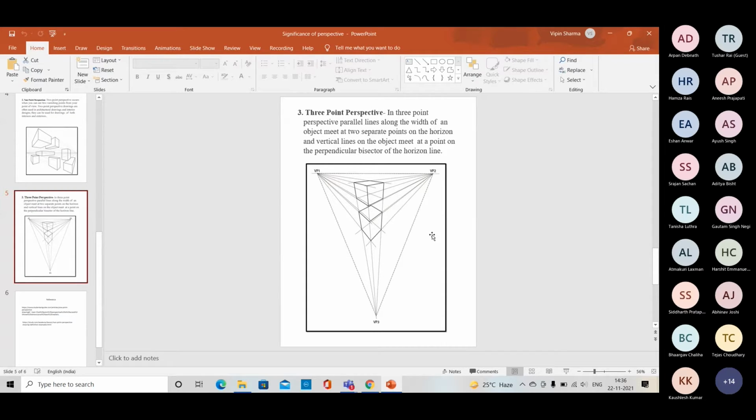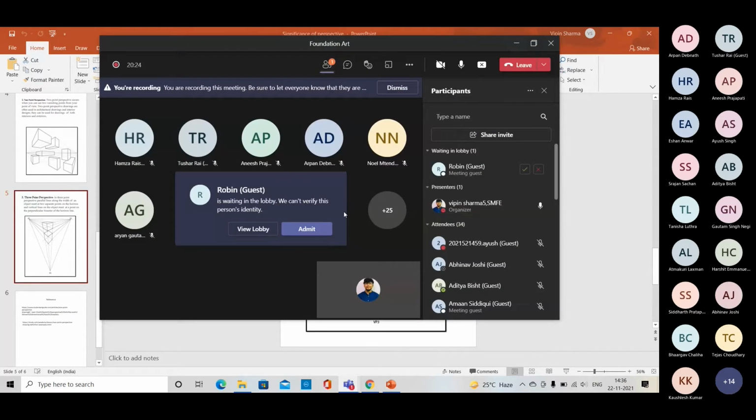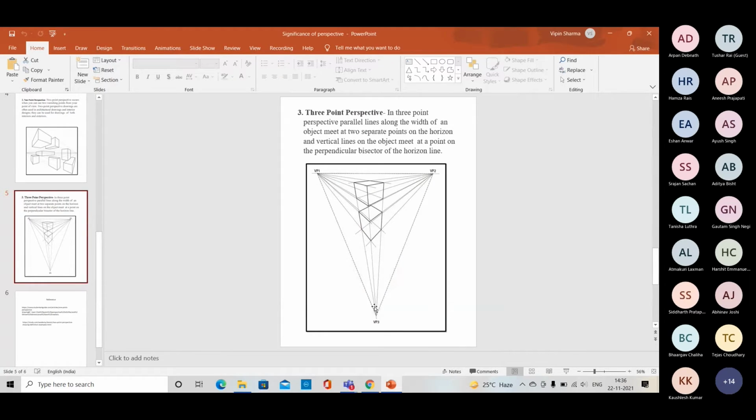It would be similar to 2-point perspective, but my vision is at the bottom. My third vanishing point is vanishing point number 3. I'm watching the bottom of the building, so it creates another point, it creates a 3-point perspective, right? So this is the box, and we can see the building is going to narrow because of the distance from